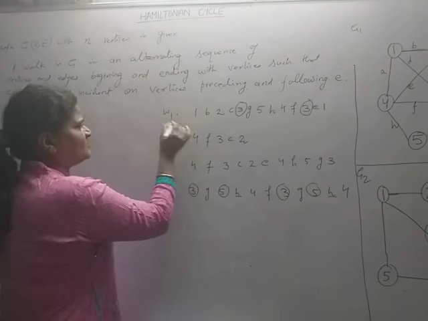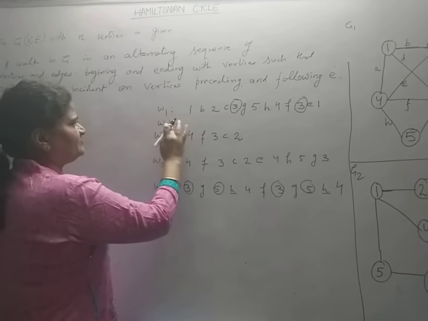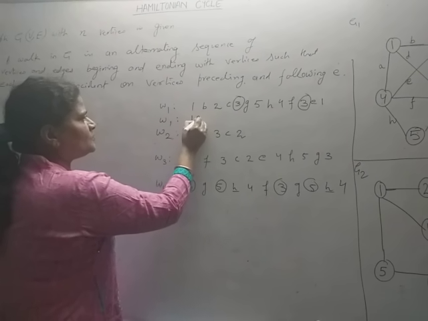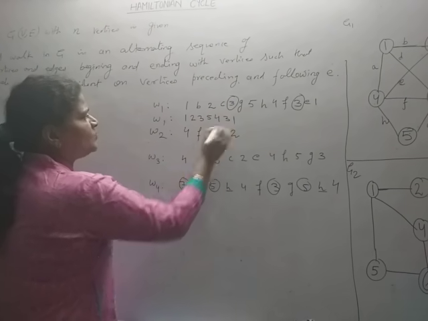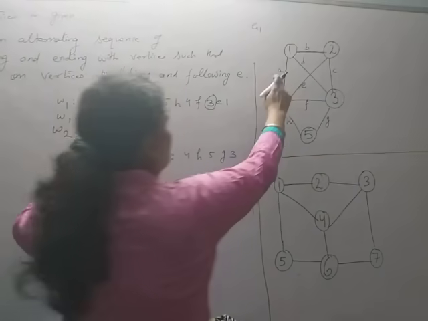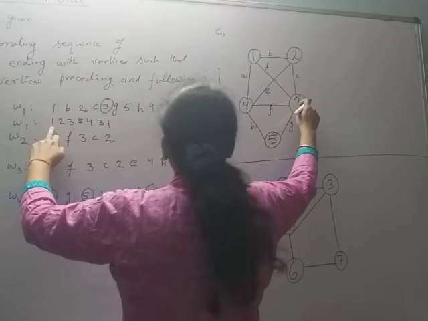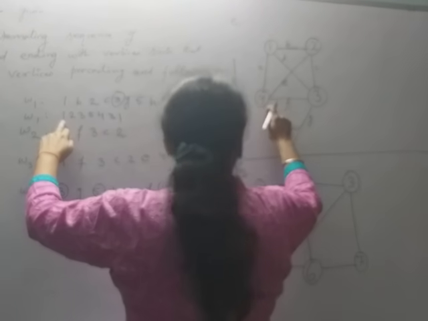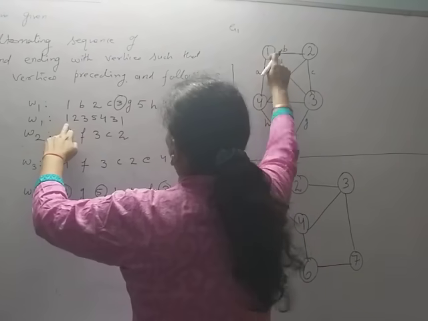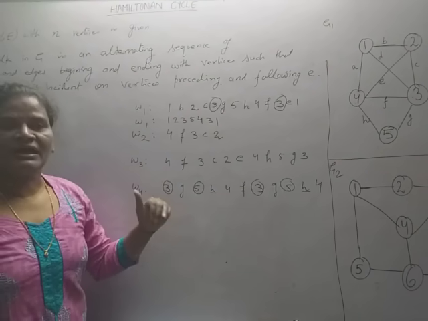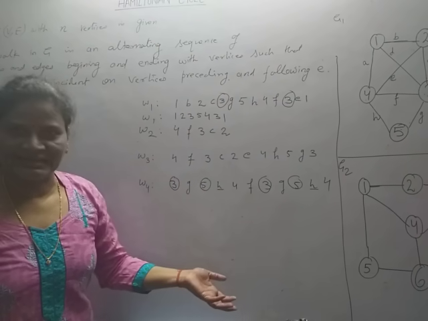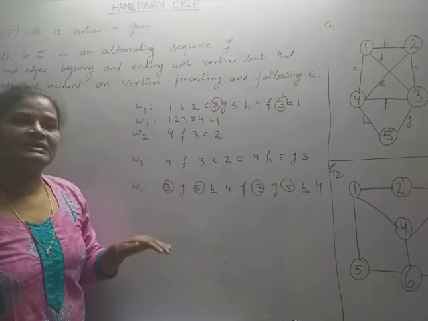Walk W1 is this one: 1, 2, 3, 5, 4, 3, 1. So here we can write a walk as an alternating sequence of vertices and edges, or we can simply give